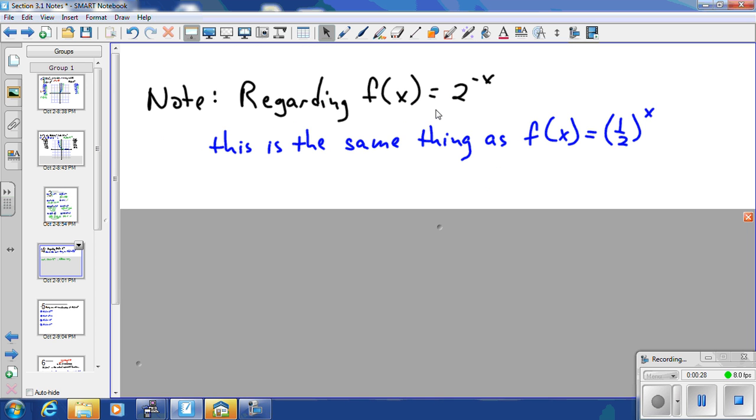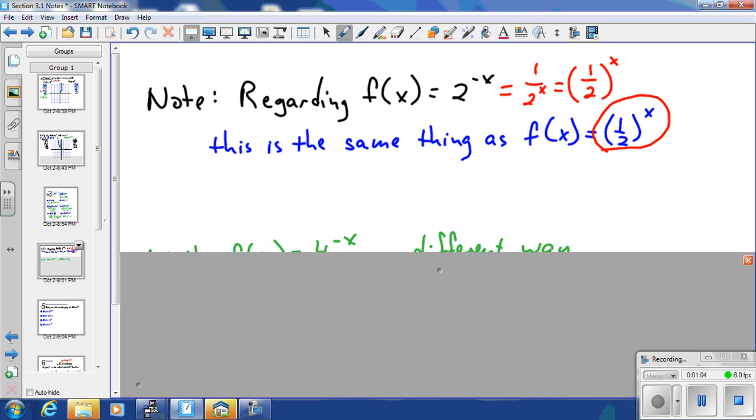So this function, if I write that out, that's 1 over 2 to the positive x. Well, this is going to be the same thing as taking 1/2 to the x power. Because 1 times 1 times 1 times 1, as many times as you have to do that, it's still going to be 1. Really, all you'll be doing is taking the denominator and taking it to the x power. So with that in mind, now that you see that 2 to the negative x can also be written as 1/2 to the x power,